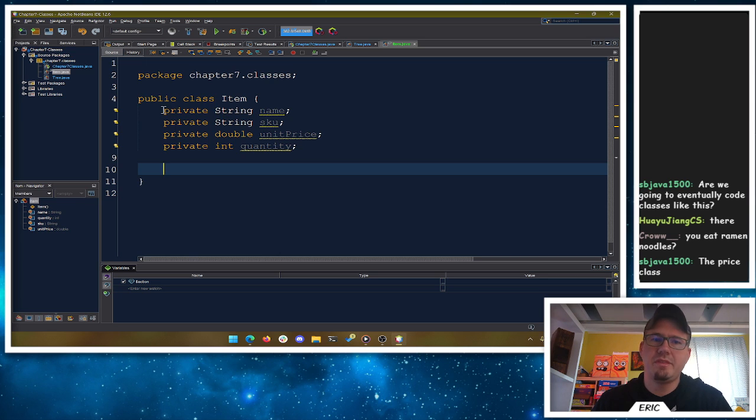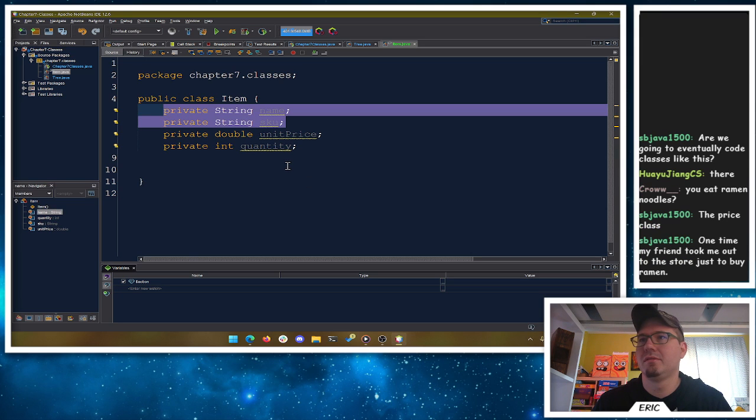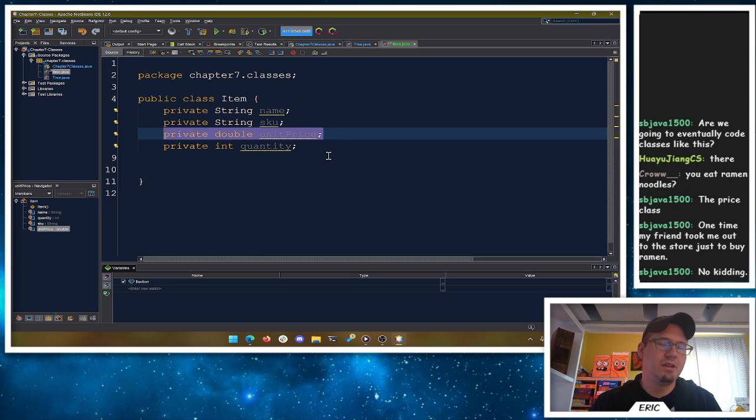Now, when we think about an item, the name of an item and the SKU of an item are probably not going to change, right? So I want these things to not have set methods. The unit price will definitely change. If we put this thing on sale, we're going to change the price. When it comes off of sale, we're going to jack the price back up. Or if the demand has increased, we'll jack prices up and gouge people. I mean, it's our store, right? We can do that sort of thing.